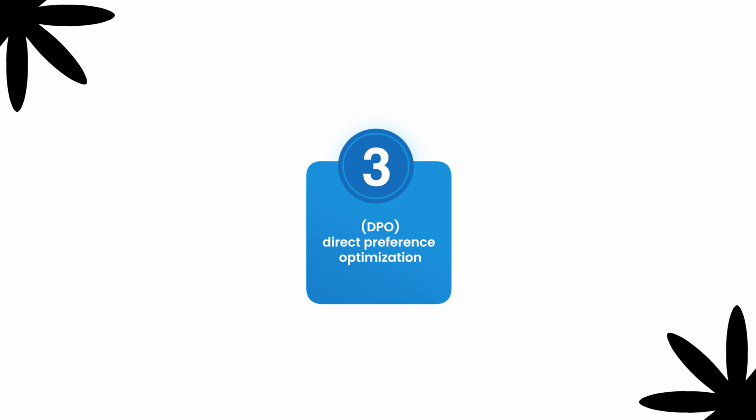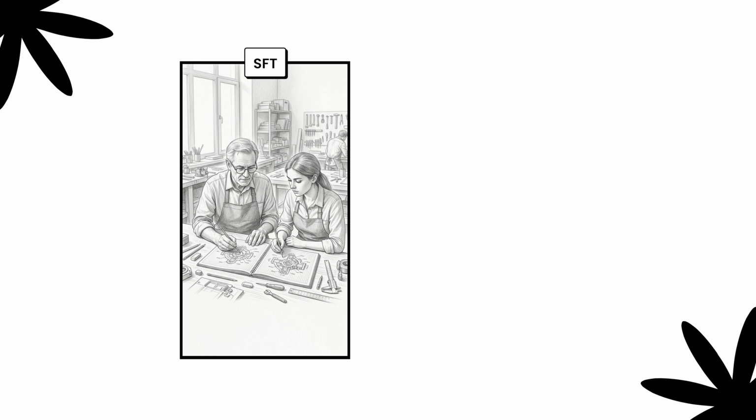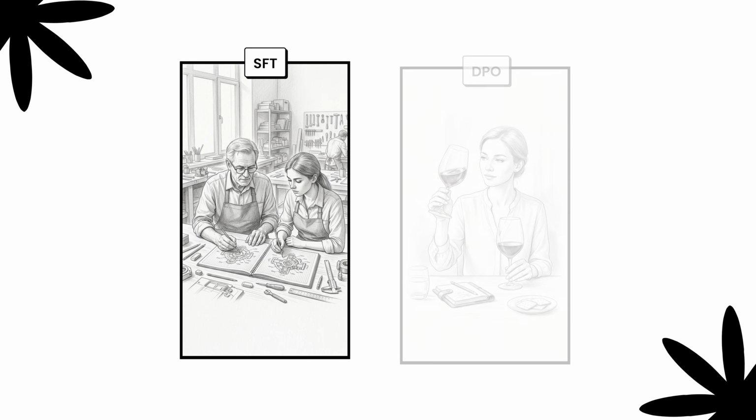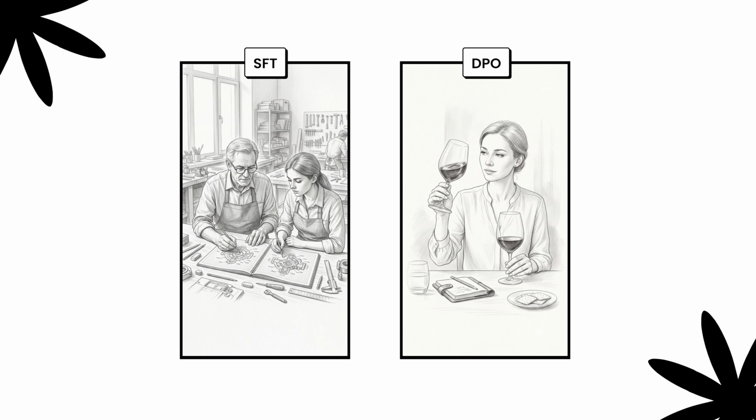The clean, modern way to do this is called DPO, or Direct Preference Optimization. Now, the heavier version that you would have also heard about is RLHF, or Reinforcement Learning from Human Feedback, which trained a separate reward model and then optimized against it with reinforcement learning. DPO gets you most of the way without standing up the whole reward model machinery, which is why most teams reach for it first. So if SFT is an intern copying the master, DPO is training your palate to pick the better of two wines side by side. Now, for the part that's genuinely reshaping the field right now.